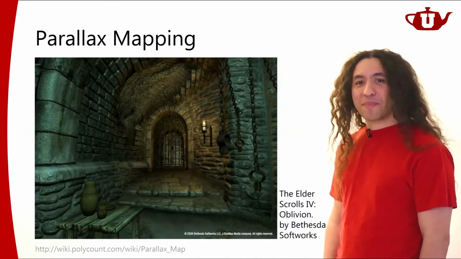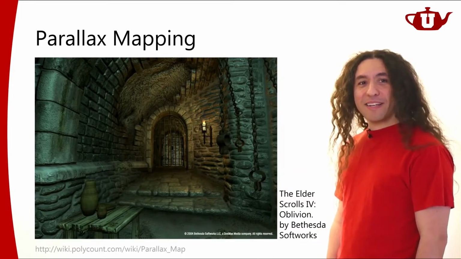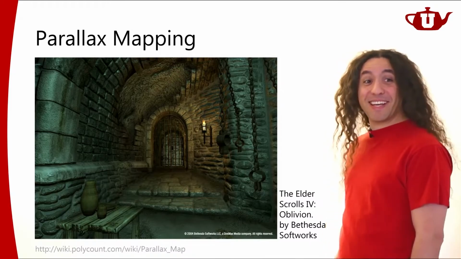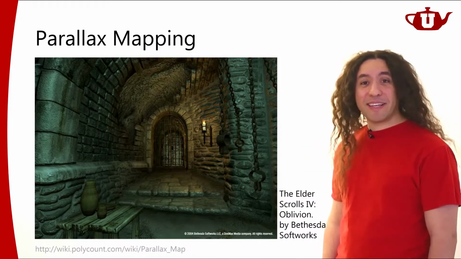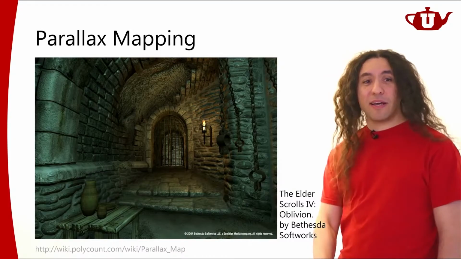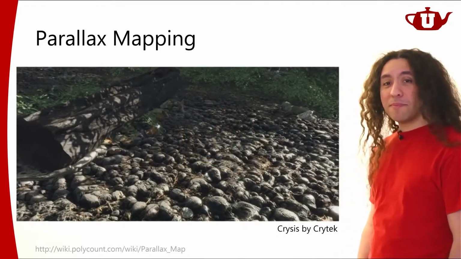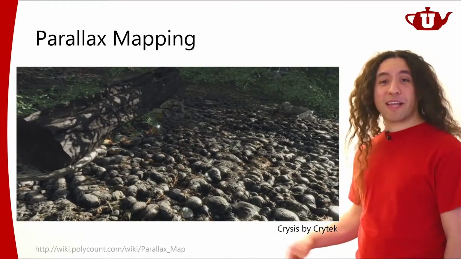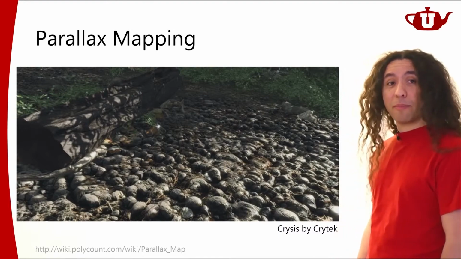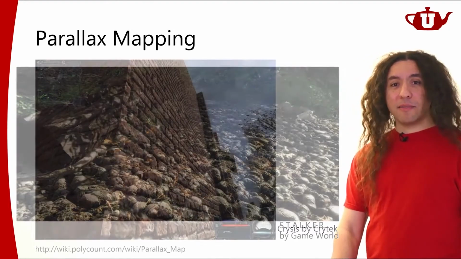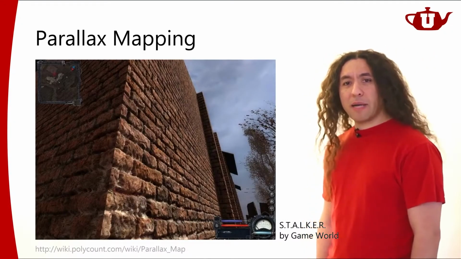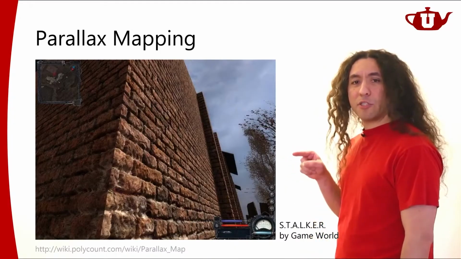Here's another example from a different game. Here, I think it's sort of obvious where the parallax mapping is in this case. It's just all the walls and the bricks. As you can see, we have this high resolution 3D detail, and it's coming from parallax mapping. Here's another example from Crysis. In this case, you can see all this geometric detail without actually having to render all that geometric detail. With parallax mapping, we can get that. Another one. So this, I believe, is steep parallax mapping, but it works really well. You can still see a lot of geometric detail.